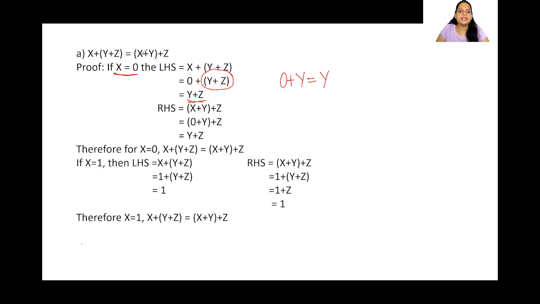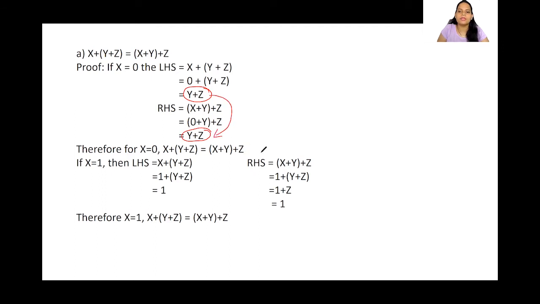Okay, let's take the right hand side, which is nothing but this one. So let's substitute the value of x. So here I have written 0. So what happens here? Whenever I am doing this, the same rule applies here. Hence, I will get only y. So this bracket goes off and I'm left with only plus z. Okay. Now this is nothing but similar to the left hand side. Okay. This is the same, right?